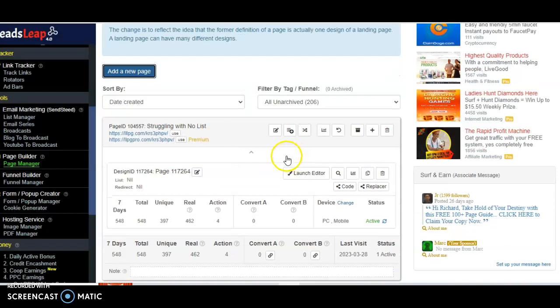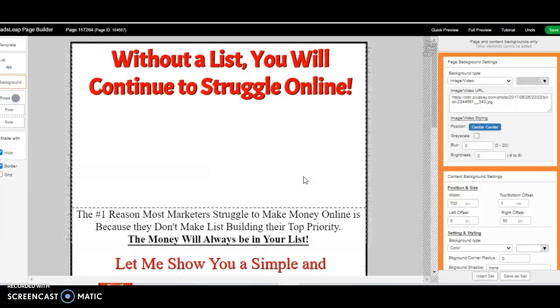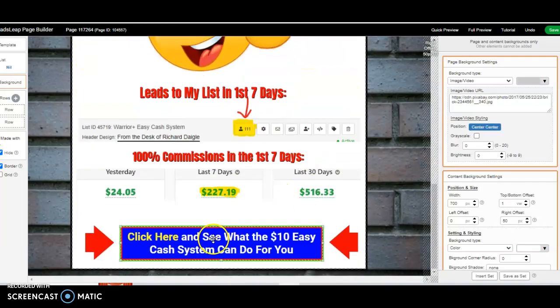Okay, then you got to come over to Launch Editor. Once you do, you'll be able to put that share code in there, and you click OK, and it duplicates the page for you. So you got a page just like that. But afterwards, you need to launch the editor, and as we launch the editor, there's just certain things you need to change, and usually this is the box where they click it,